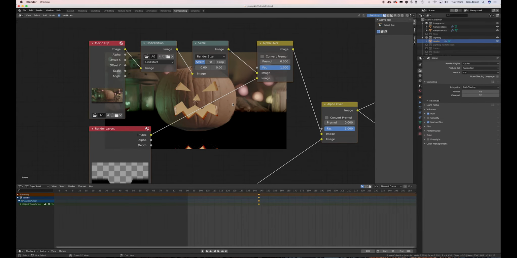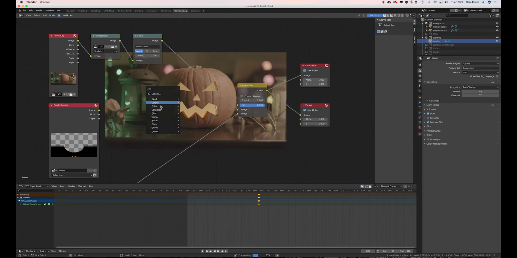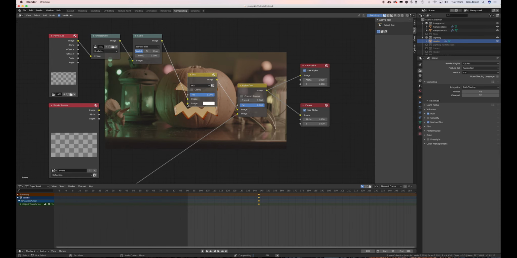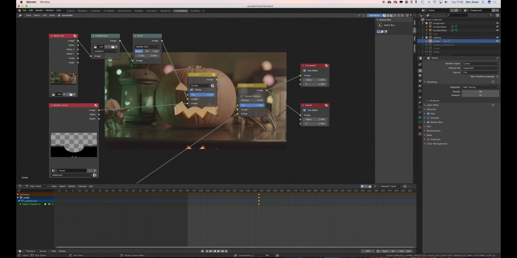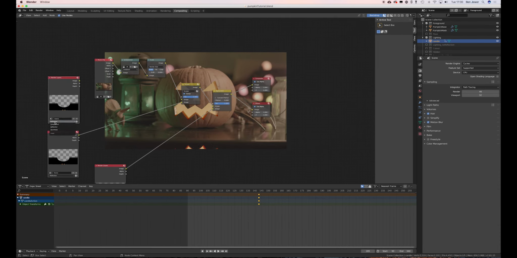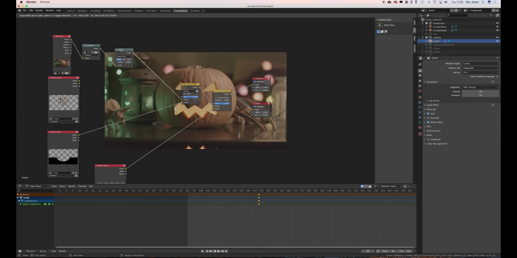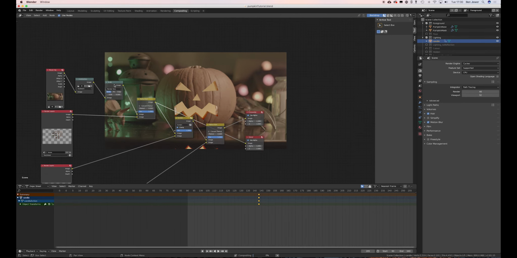In the case of my shot, there was a little reflection on the table, and basically that was just a plane set to be 100% metallic and with a little bit of roughness, which again I put on its own layer. So in the compositor now, we're going to bring in our movie clip and scale it to the size of our render, and then use an alpha over node to place our patches layer on top to remove the tracking markers. We can then use a mix node set to screen to add our reflection in, another alpha over to add our pumpkin,